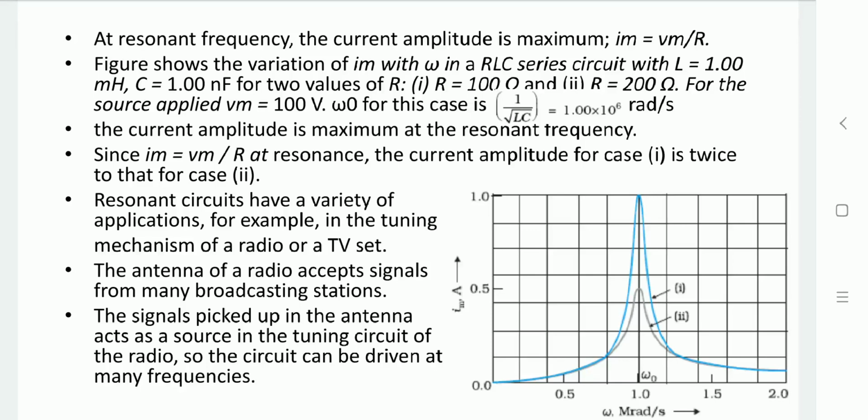Likewise for television also, whatever channel we are selecting, it means we are selecting a specific frequency. So at that particular frequency, on our television screen, the video from that particular channel is supposed to display, and the rest should be 0. So this is how the antenna can choose the particular frequency. For that selectivity purpose, resonance impedance is important.